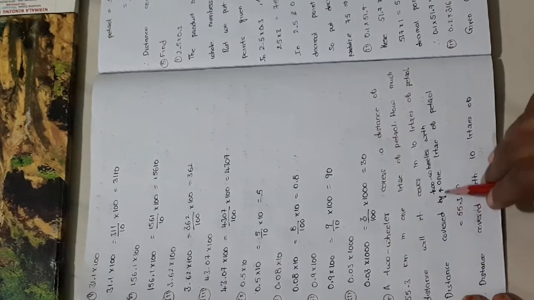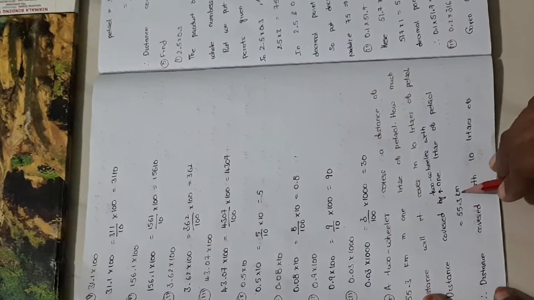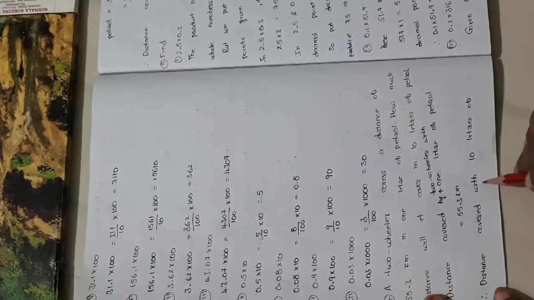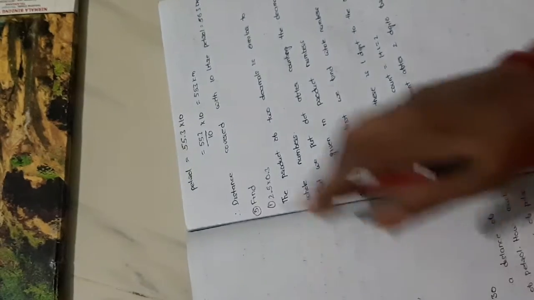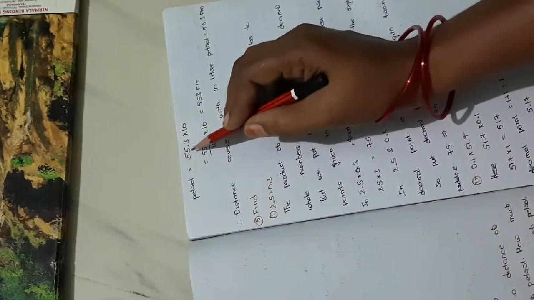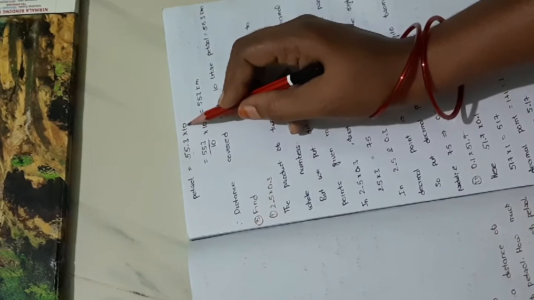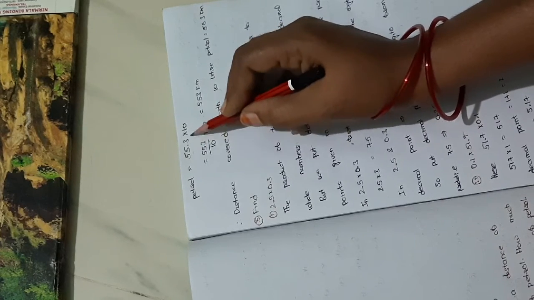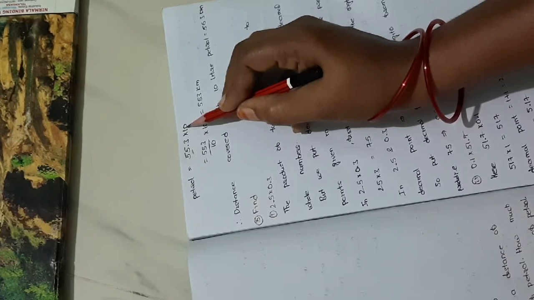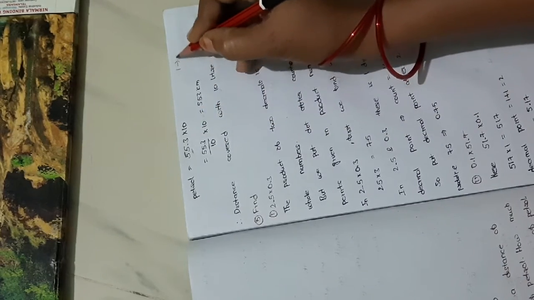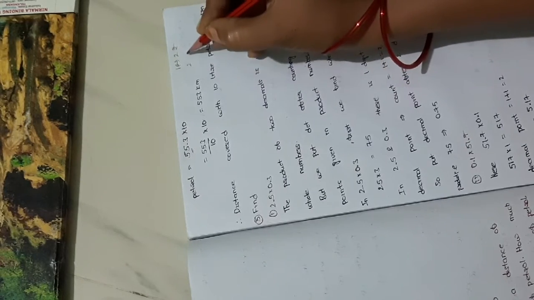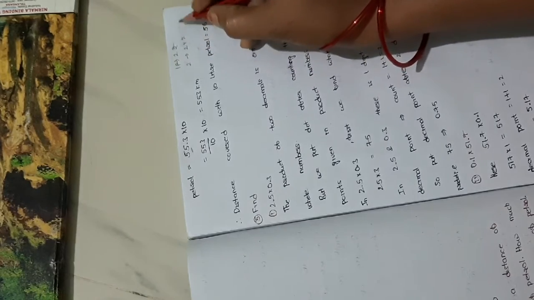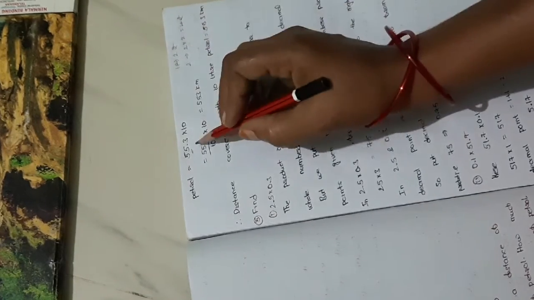They gave the distance covered by the two-wheeler with 1 liter of petrol as 55.3. Then we are going to find out the distance covered with 10 liters of petrol. By using 1 liter of petrol it covers only 55.3. By using 10 liters of petrol the distance covered is nothing but this distance multiplied with 10. If the cost of 1 pen is 2 rupees, then the cost of 2 pens is equal to how much? 2 multiplied by 2, that is equal to 4 rupees. In the similar way I am writing this.